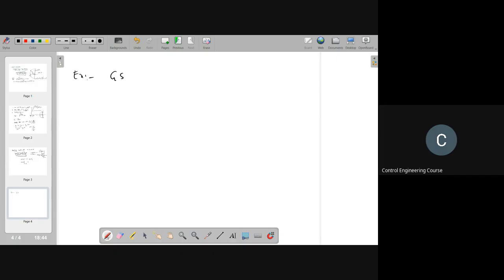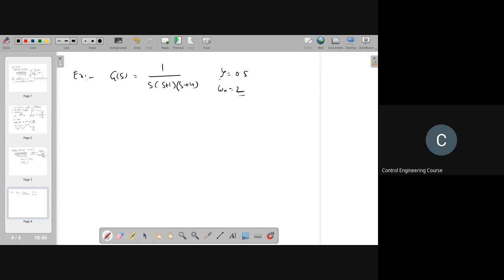Here they are given an open loop transfer function G of s equal to 1 by s into s plus 1 into s plus 4, and the design specifications are given directly: zeta is equal to 0.5 and omega n is equal to 2. That means for your overall system, I directly translated because there is no time for you to calculate MP; given MP and steady state settling time, you calculate zeta and omega n. I am assuming the simple thing, that zeta is equal to this and omega n is equal to 2.